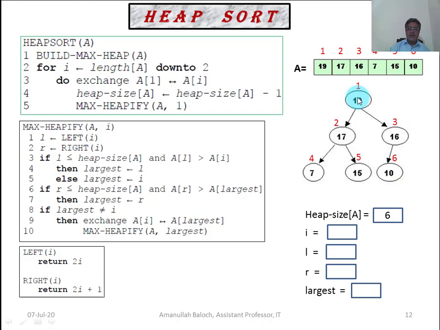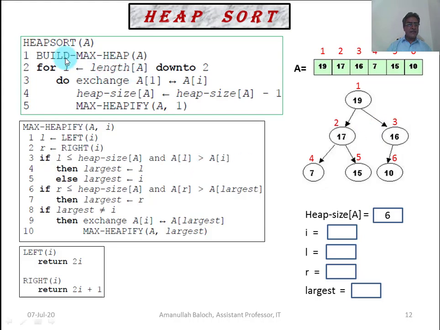Because this was the largest element and we have exchanged it with the last position of the heap, it has taken the last position now, and when we sort an array in ascending order, the largest element should be at the last position.